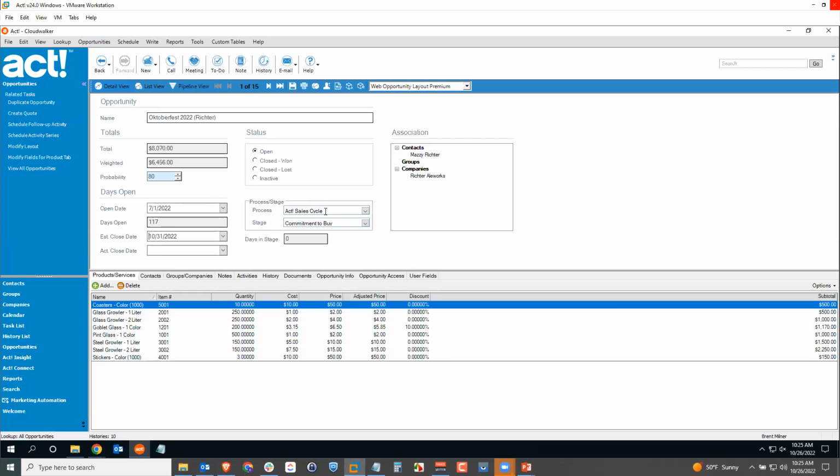Process and stage. This is the process that we were using, ACT Sales Cycle. We'll see that my new support contracts process now shows up in the drop-down list. And when we create a new opportunity, I'll choose that one to show you how that looks. But let's say that we've talked to this customer and they're ready to go to the final stage where we